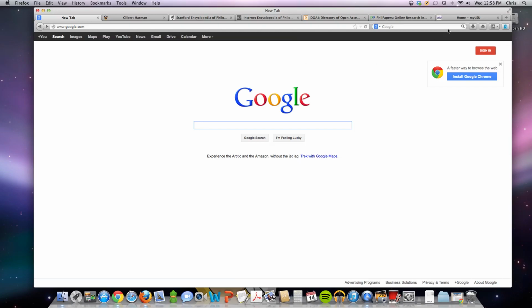So how to get to these databases? Well, there are different ways to get into these academic databases. It used to be the case that a lot of it was subscription only. Universities would have to subscribe to these databases, and then students would have access to them through their university. Increasingly, there are open access databases as well.